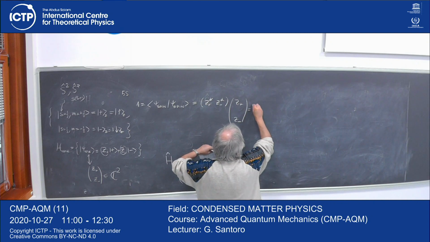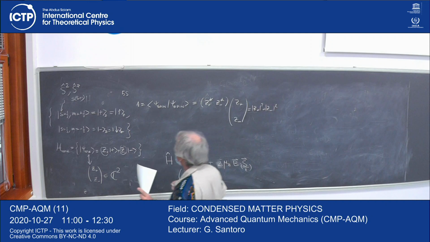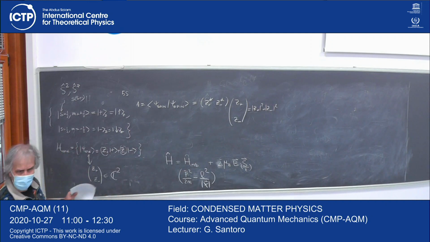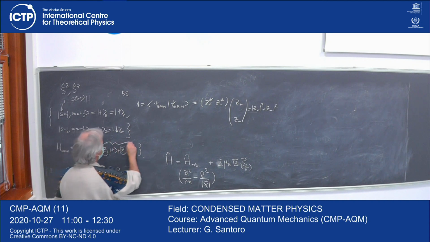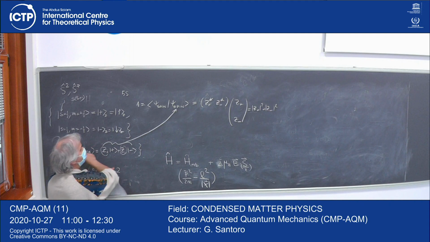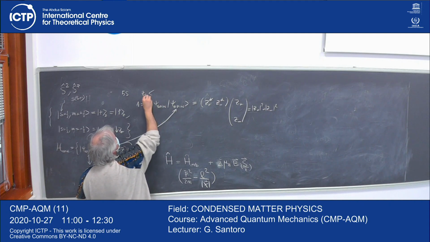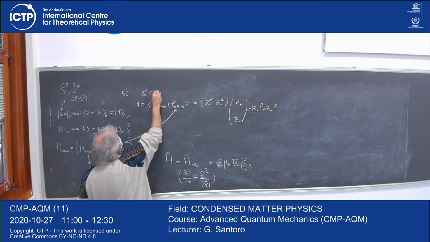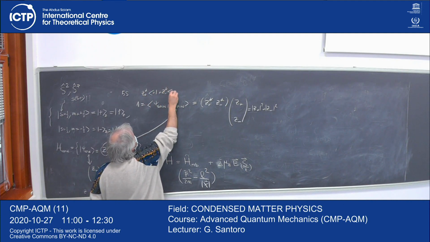So z plus modulus squared plus z minus modulus squared. If you are not happy, which you might, try the direct way. So substitute this in here, and the corresponding bra, which is essentially z plus star plus z minus star minus,